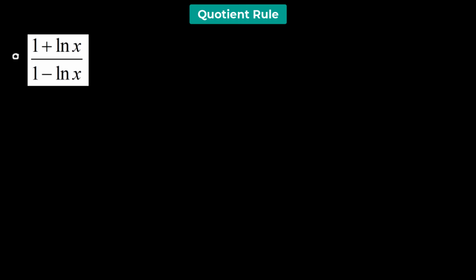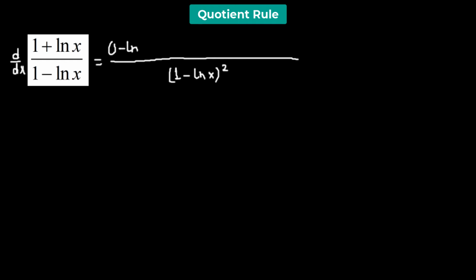So we need to determine the derivative of this given function with respect to x. So we'll get 1 minus natural log of x whole squared in the denominator. Then we begin with the denominator. We have 1 minus natural log of x multiplied to the derivative of the numerator, which is 1 plus log of x, minus the numerator 1 plus log of x times the derivative of the denominator, which is 1 minus log of x,